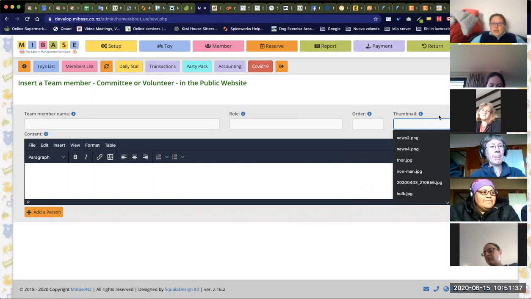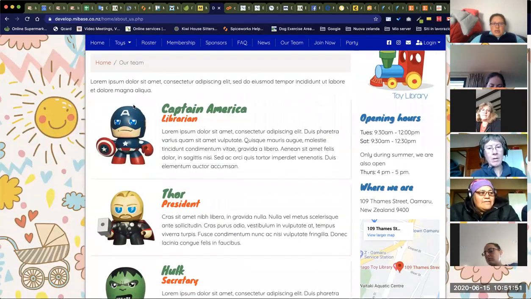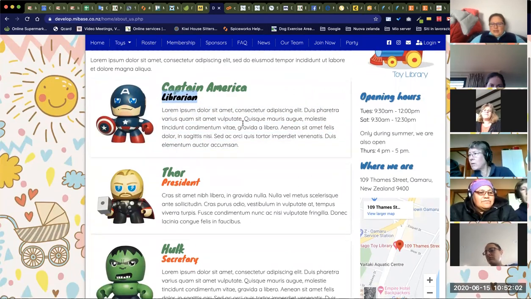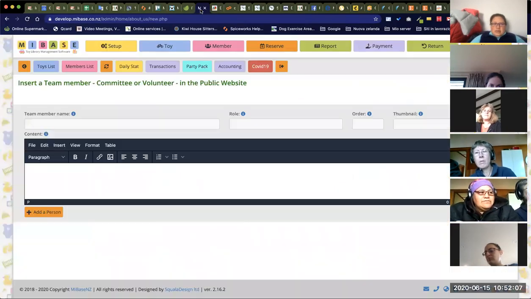Then the team page is exactly the same as the other one. So you have to upload the image before, and then insert the name here. And this is the content. What it will show you is the image, the name of the person, the role, and the content. Because the librarian, in my case, and in some others, is also the most important, it's normally,